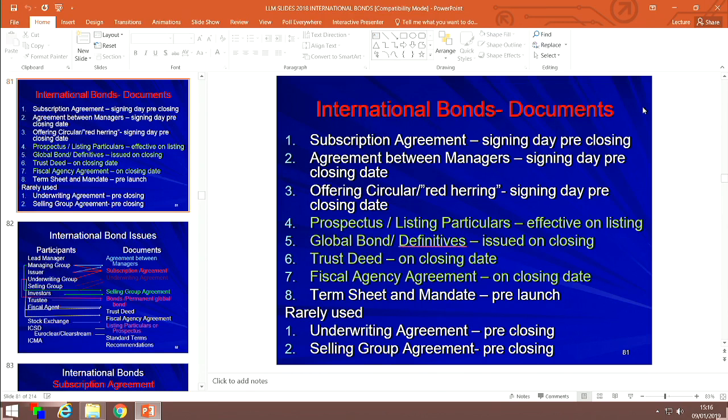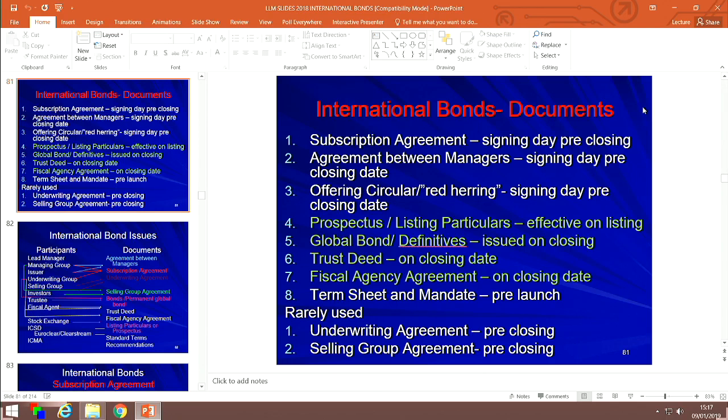And on that date, the closing date, a number of things happen. The prospectus, in the form of the listing particulars, becomes final when the stock exchange affirms that they are listing the bonds on the basis of the authorized prospectus or offering circular. So that's the next document that comes in play in final form on closing date. Then you have the actual global bond. Now remember the global bond, it's a piece of paper which represents all of the bonds which have been issued in that bond issue,